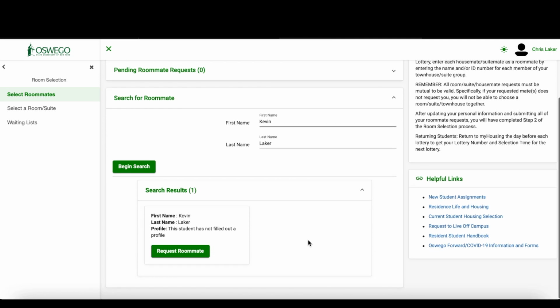Under that, it'll pull up a list of every student who does match, so it's really important that you do know which individual that you are looking for and wishing to room with, as there could be multiple results for the same person. Next, you're going to hit select roommate,